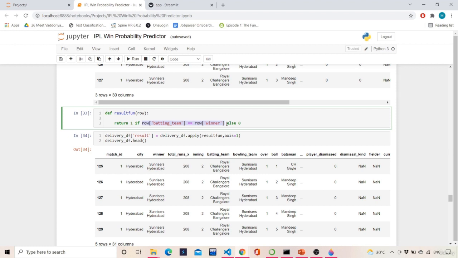In the first innings, already one team has batted, right? So this entire thing is based on the second innings model. In the second innings, the first innings team will bowl and the second innings team will bat.